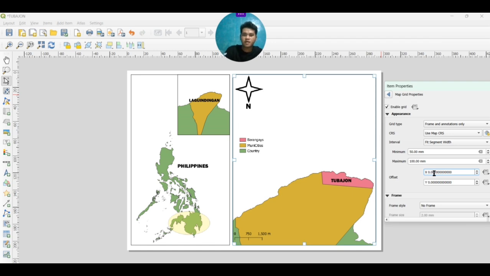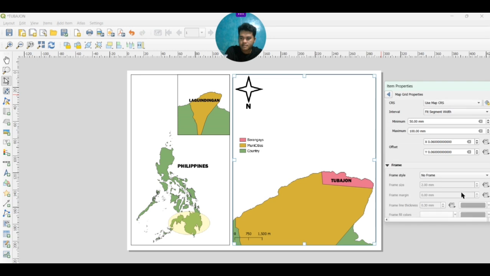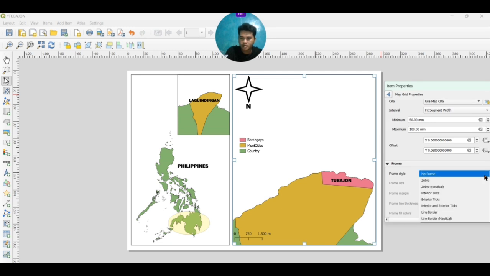So these are my tips also. In the offset, the thing that I preferred is I just put 6 in between those numbers. Yes, 6 and then adjust it. It depends on you what you would prefer. In my case, I just want to place a number 6 for 0.06. Then click on frame style, no frame, and then click for interior and exterior text. Now we're done with that.